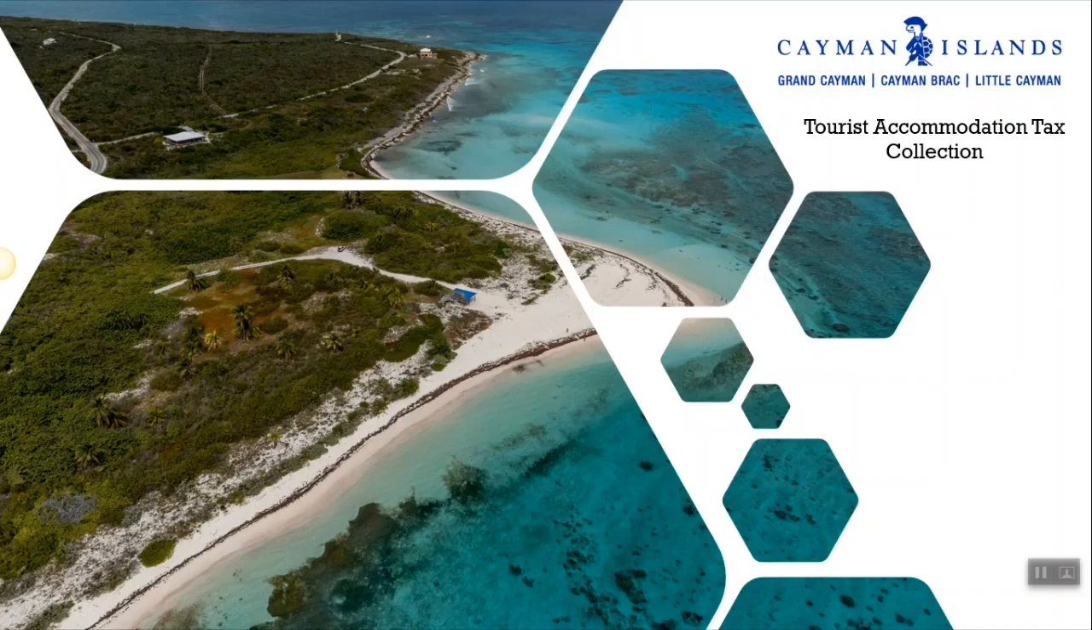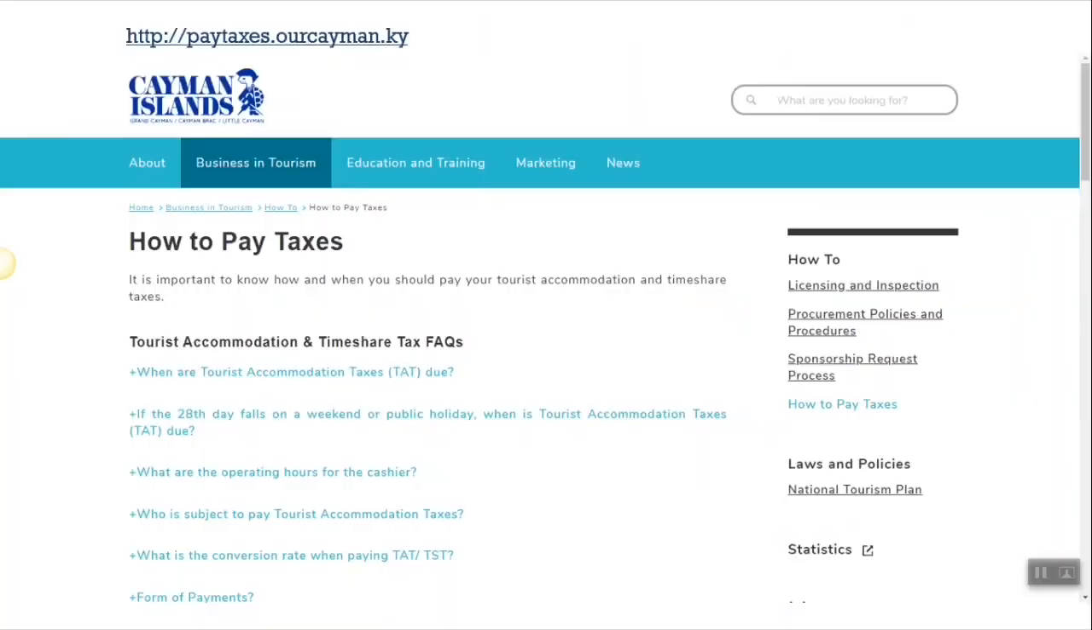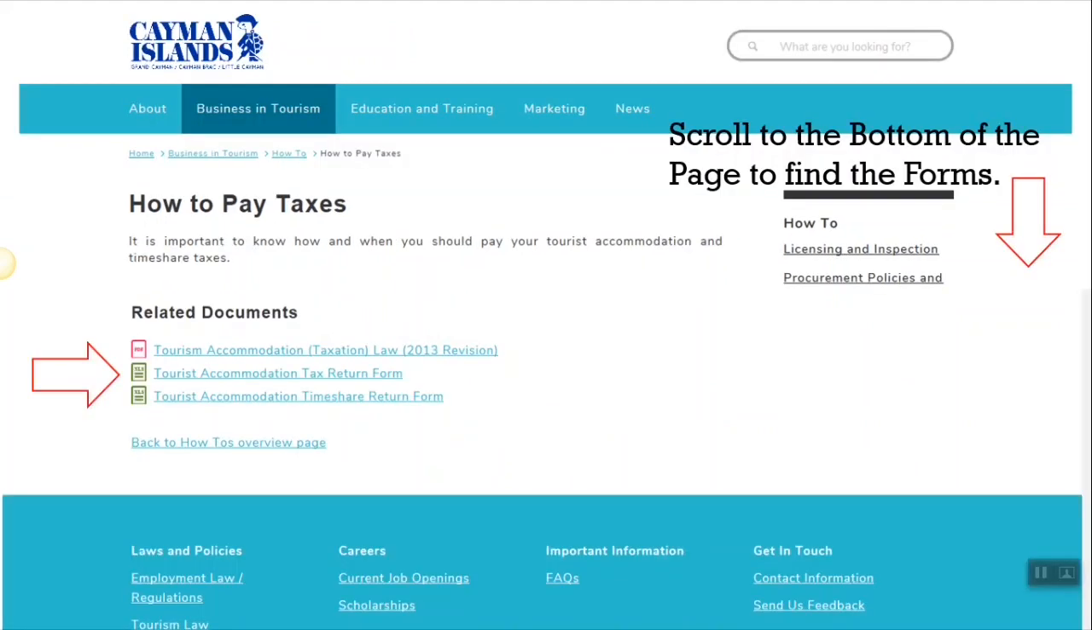This video will demonstrate how to pay tourist accommodation taxes. To access all information, visit webpage paytaxes.ourcayman.ky. On this page, you'll be able to see how to pay taxes and get information on frequently asked questions. Scroll to the bottom of this page to access the Tourist Accommodation Tax Return Form and the Tourist Accommodation Timeshare